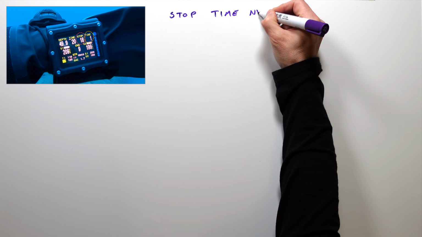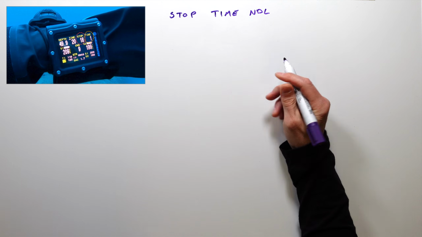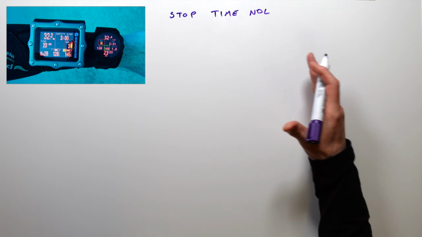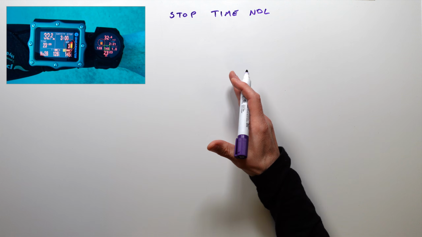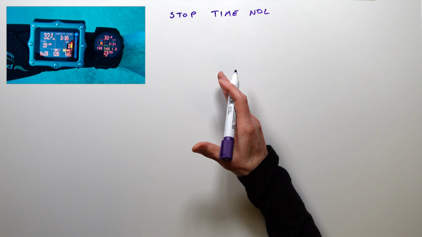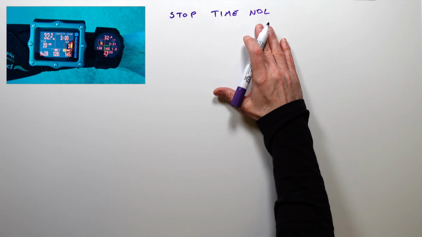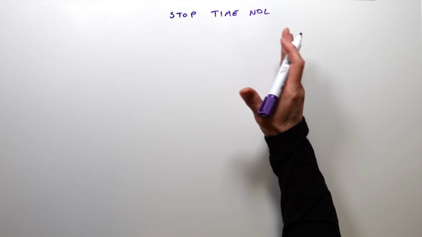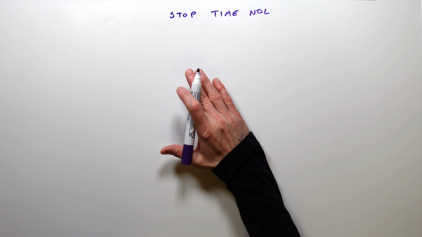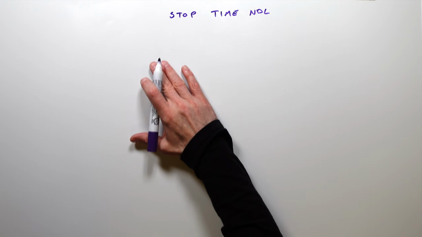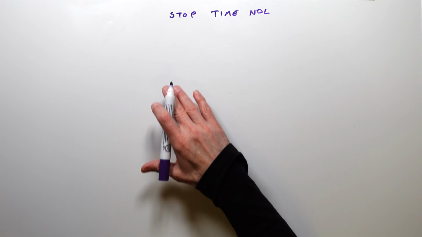I'm also going to assume that you're happy with the NDL. You know that for a no-stop dive, that NDL number will get down towards 0, but never below 0. If you go beyond your no decompression limit, that then puts you to require decompression stops. So then you're going to start to see a few other things.